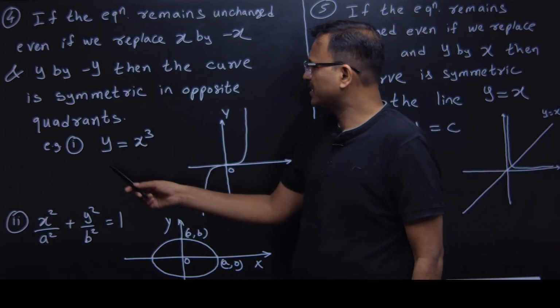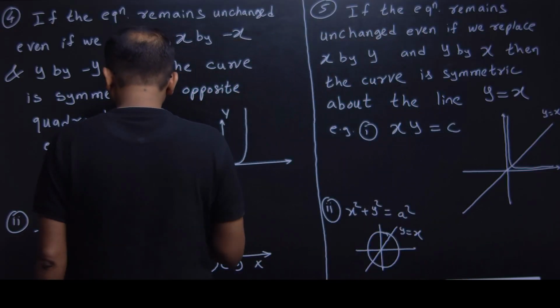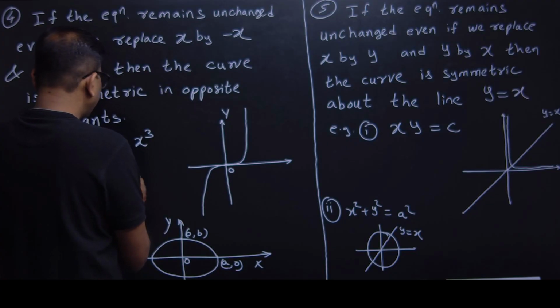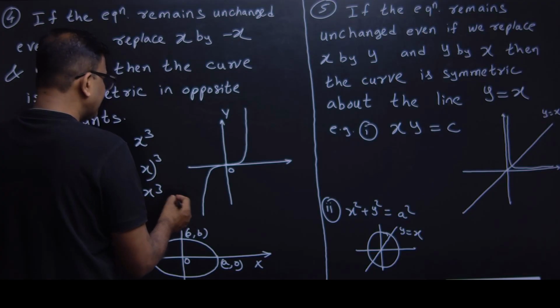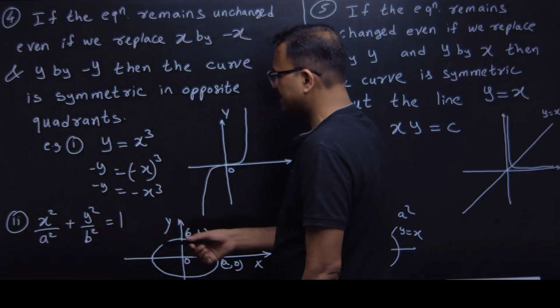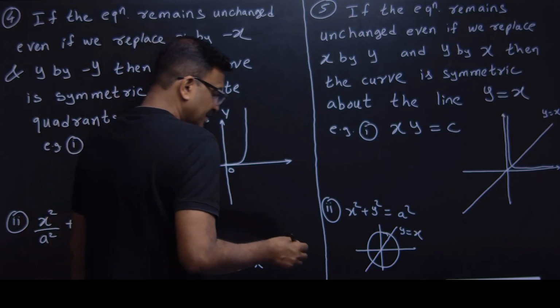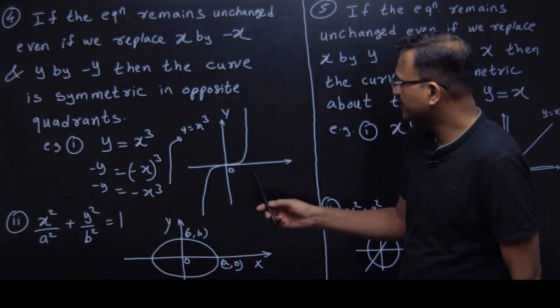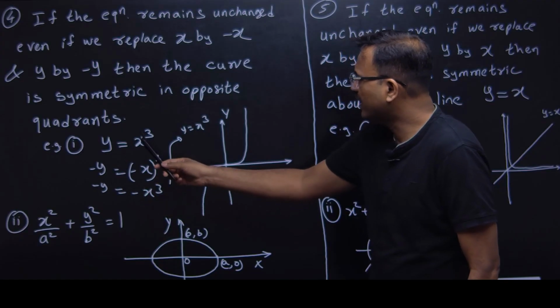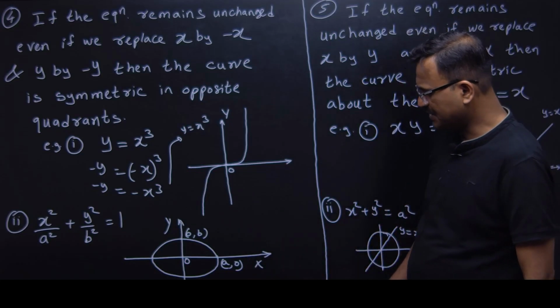For example, take the curve y is equal to x cube. In this equation, in place of y, if you write minus y, and in place of x, if you write minus x, then see what happens. This becomes minus y is equal to cube of minus x. Simplifying further, you will get again y is equal to x cube, as the minus sign gets cancelled from both sides. So even if you replace y by minus y and x by minus x, the equation does not change. The equation remains the same. In such case, the curve is symmetric